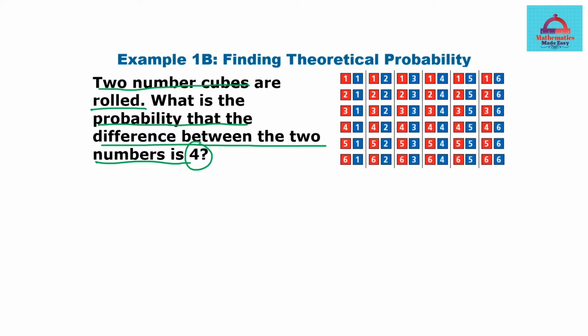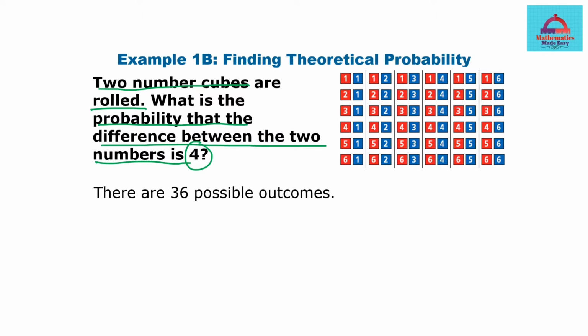Okay, so in order to use the formula for theoretical probability, first you need to have the numbers that you will divide to get the ratio. So we need the total number of outcomes and we need the favorable number of outcomes. Now what are the possible cases? For one die there can be 6 options.